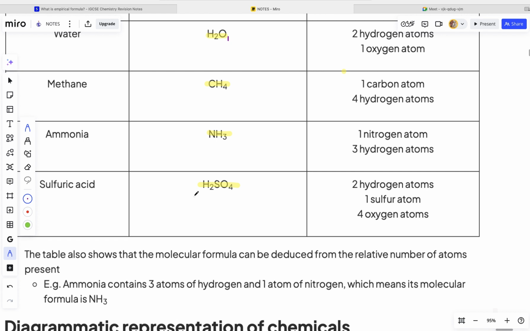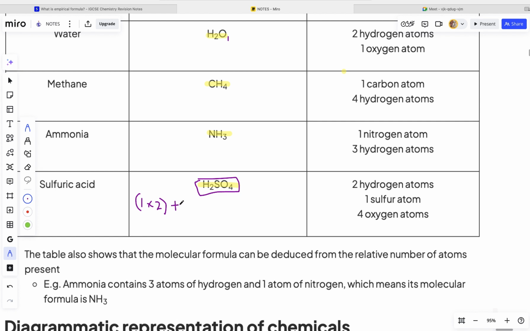So for each of these we can calculate their relative molecular mass, apart from the chemical formula that we've written. How do we do that? We need to know the relative atomic mass of each element. For an element, we talk about relative atomic mass; for a compound or molecule, we talk about relative molecular mass. So if we're asked to calculate it for H2SO4, we know hydrogen is 1, so we say 1 times 2 atoms, because hydrogen has 2 atoms here, plus